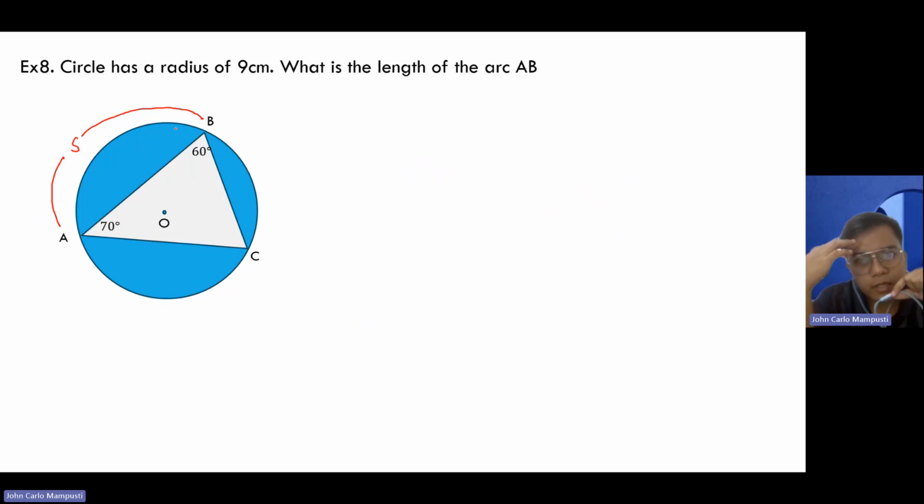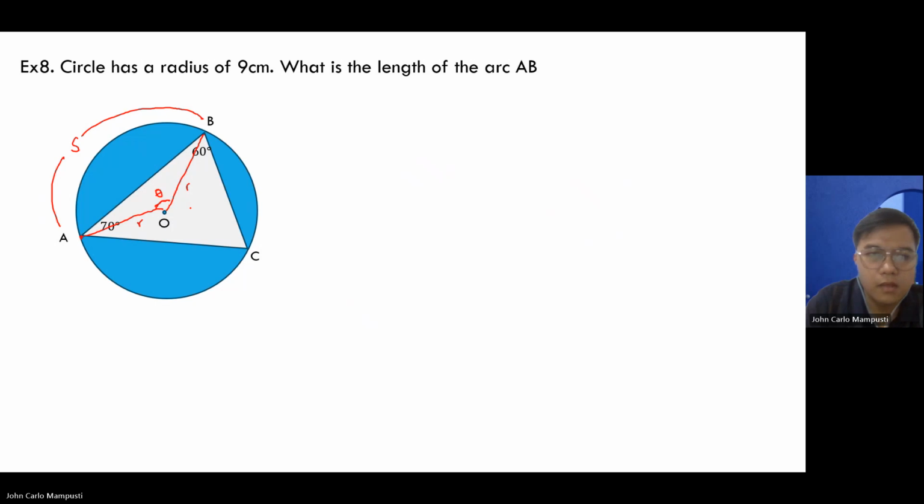So paano kaya natin hahanapin yung arc na yan? So kung arc yan, of course, if we're going to connect this point up to this point, this is our radius, right? So ganun din dito. So para makuha natin yung arc na yan, kailangan natin makuha yung central angle nito. This is theta. Paano kaya? If you still remember yung ating theorem